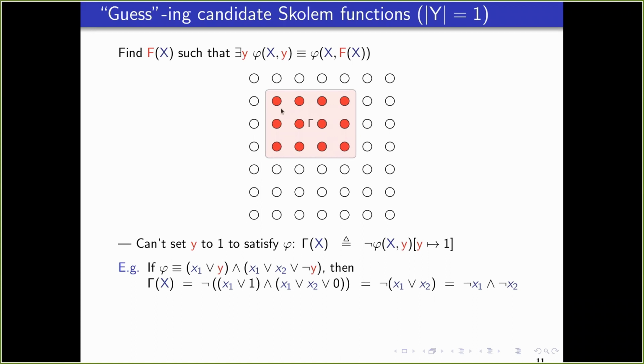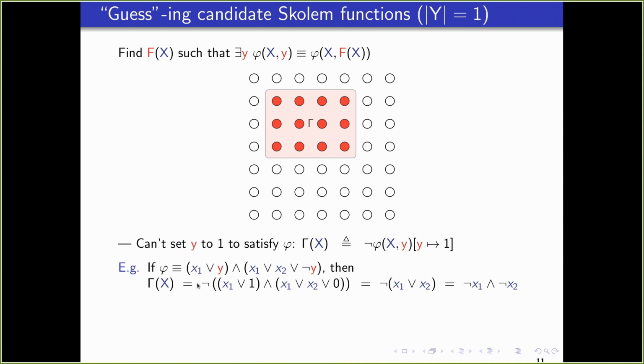So we can't set y to 1 when x takes on these values, because if we set y to 1 when x takes on these values, the specification gets falsified. So what are these values of x which forbid me from setting y to 1? This is actually not very hard to determine. I take the specification, set y to 1, and then just negate it. So clearly these are the values of x such that at those values of x, if I set y to 1, then the specification gets falsified.